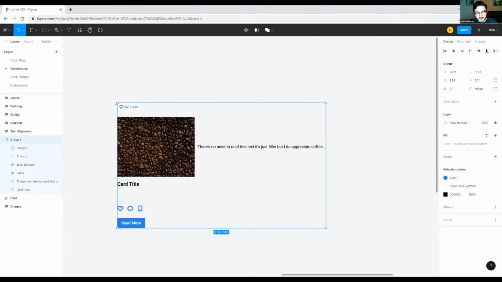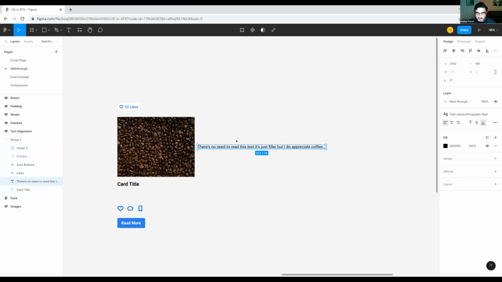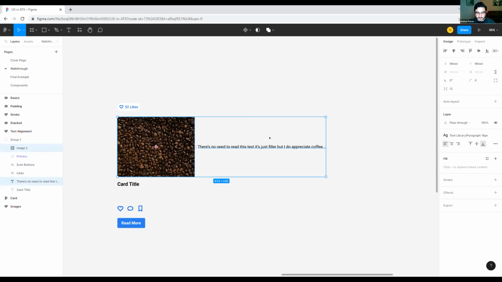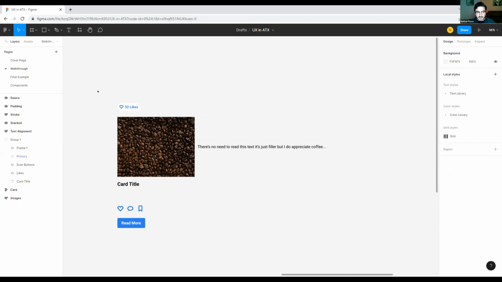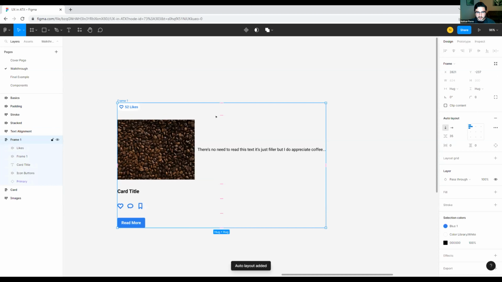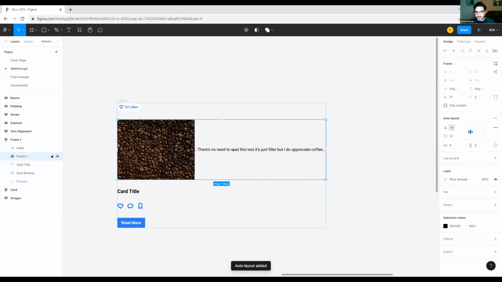I would recommend, the way you have to think about auto layout is in small steps. So rather than, let's say you did want this text here next to this image, you should start with putting those two things in a frame. So these are now horizontally aligned. You can change those spacing. And if I take that whole group now and change it to an auto layout, that's going to remain there